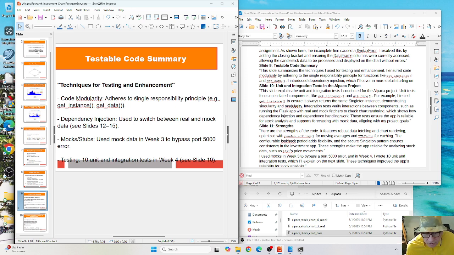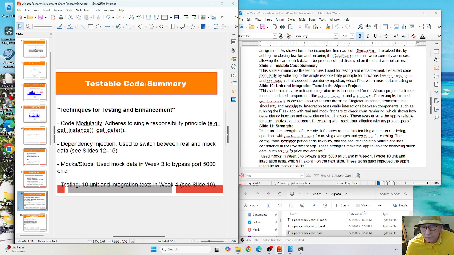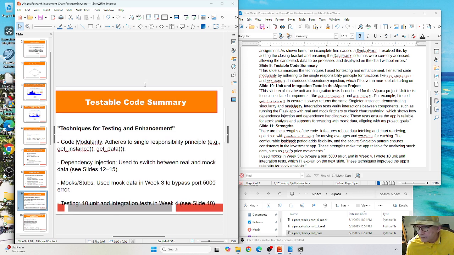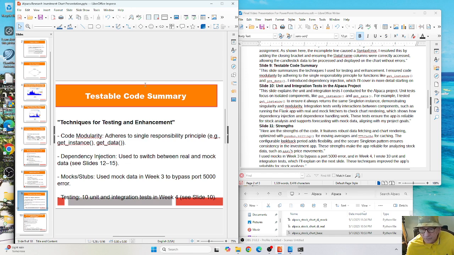Where are we? We should be in 9. Okay, techniques for testing and enhancement. Code modularity adheres to the single responsibility principle. For example, get instance, get data. And dependency injection is used to switch between real and mock data. And that gives us more of a handle on how our computer program operates if we can use a mock